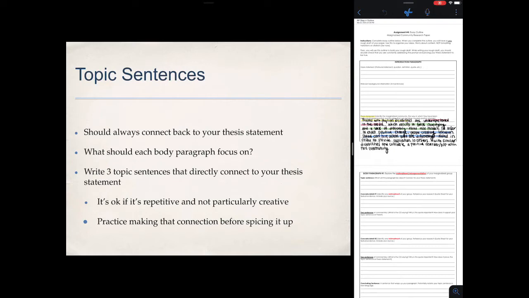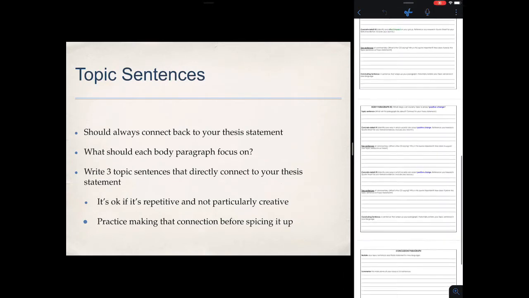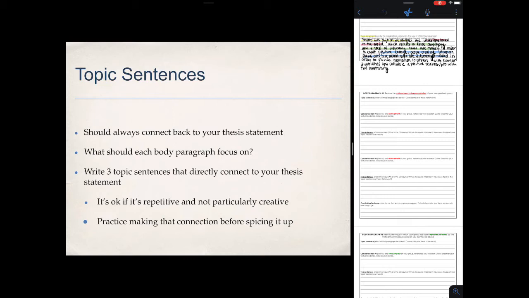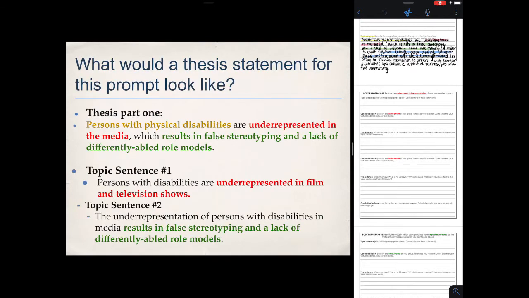For this paper, you want to write 3 topic sentences since we have 3 body paragraphs that connect to the different elements of your thesis statement. It's okay if it ends up sounding incredibly repetitive. It's part of organization. However, you should try to start to rephrase things in a new way each time so that your reader doesn't get too bored and your paper doesn't sound too monotonous. This is also where adding transitions in at a later date can really help push your paper along. But for now, go ahead and let the outline sound incredibly repetitive, and then you can try to spice it up when you write your actual rough draft.